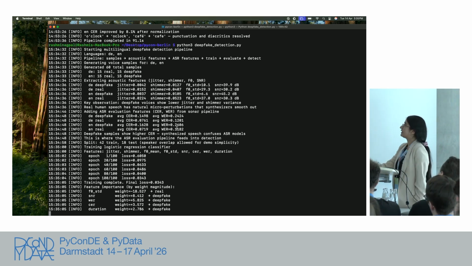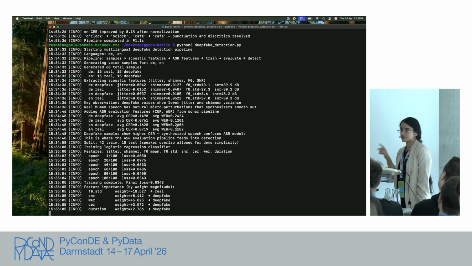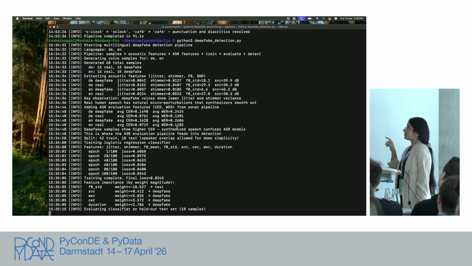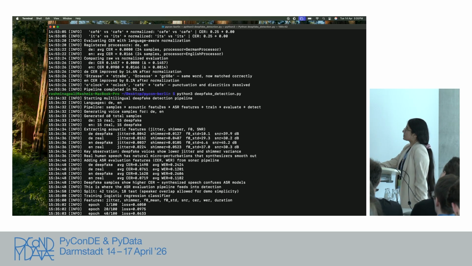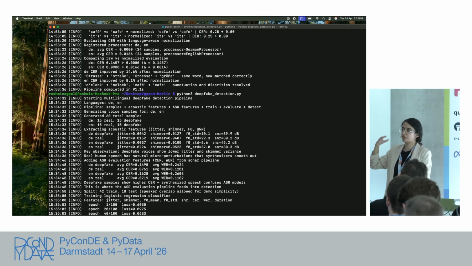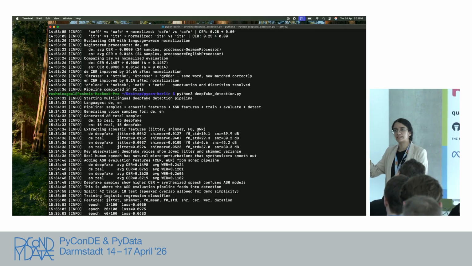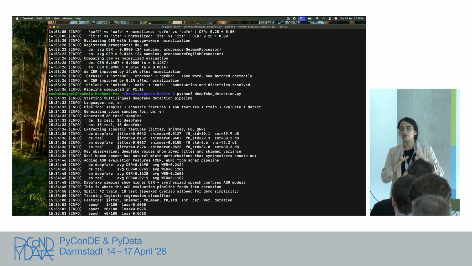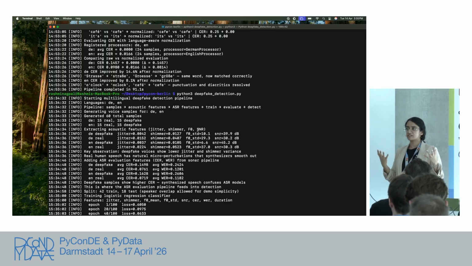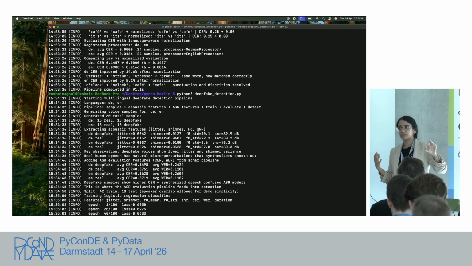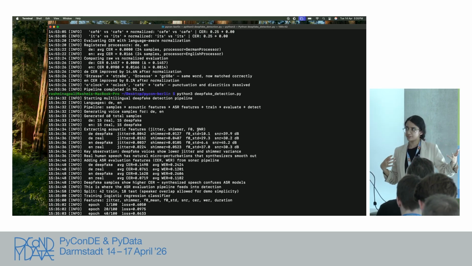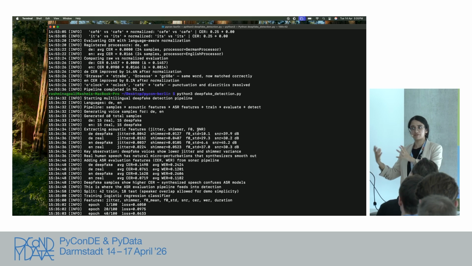Here you see that this ASR model comprised two languages, German and English. And then I extracted different features, like jitter, shimmer, F0, SNR. SNR is the signal to noise ratio. When an audio has a lot of noise, it's more likely to have a defect. But it's also likely to be a defect if people are using studio audio samples and it's very clean, so that is definitely a defect.